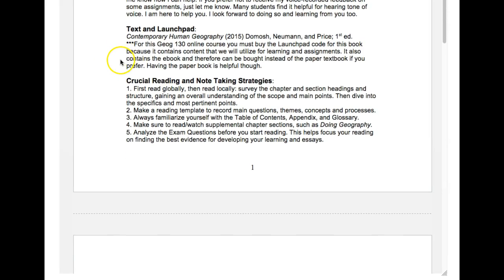Within the text and Launchpad section, I have our official course text listed, and many of you might not be familiar with Launchpad by now. It's the courseware package that comes with this textbook, or text I should say. You don't have to buy the physical textbook. You can just buy Launchpad, and it contains both the ebook as well as amazing learning content that we'll be utilizing both for learning and for assignments. So it's a required part of the class, you won't be able to pass without it. And just let it be known that some people find the paper book helpful as well,